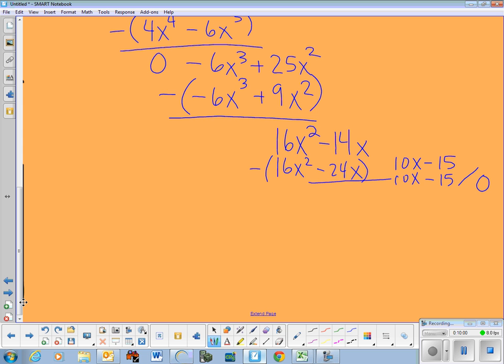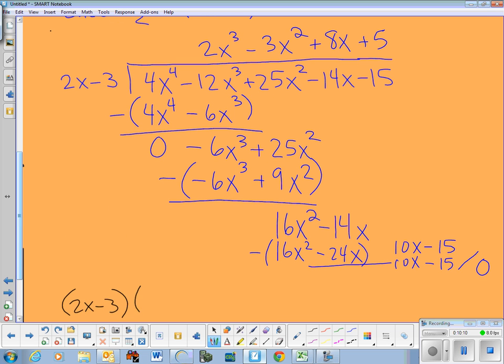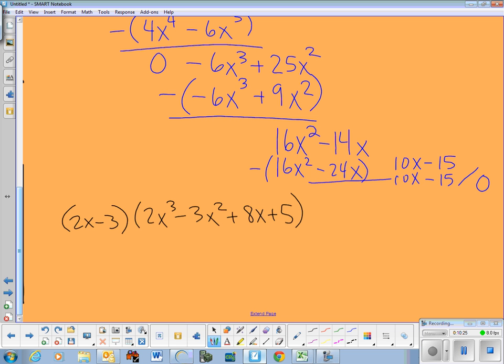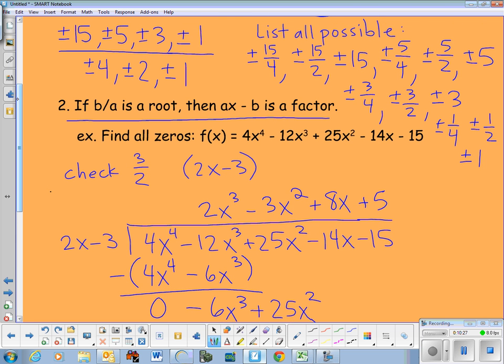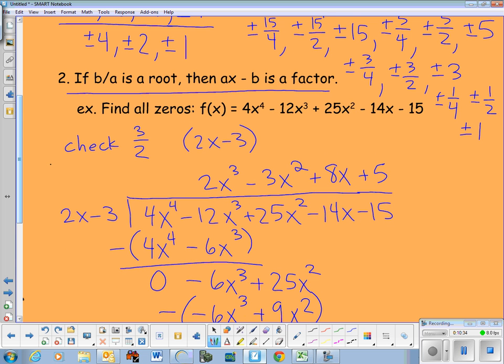What I know at this point is that 2x minus 3 is a linear factor, and the cubic factor that's left over is 2x cubed minus 3x squared plus 8x plus 5. So I still have a cubic left to deal with. All right, so the factor that will go into that cubic is also one on this list. So again, I can start guessing, checking, doing long division each time. For the sake of time, I'm going to look at a picture of it and just show you how that